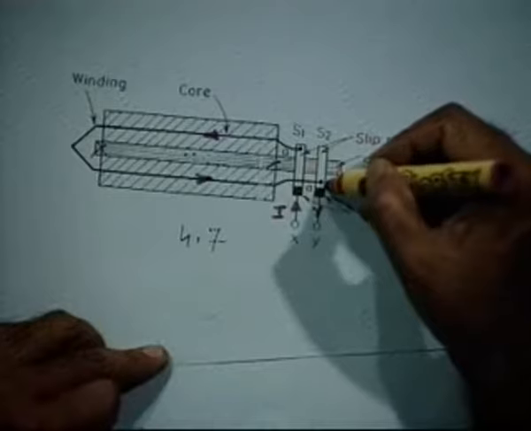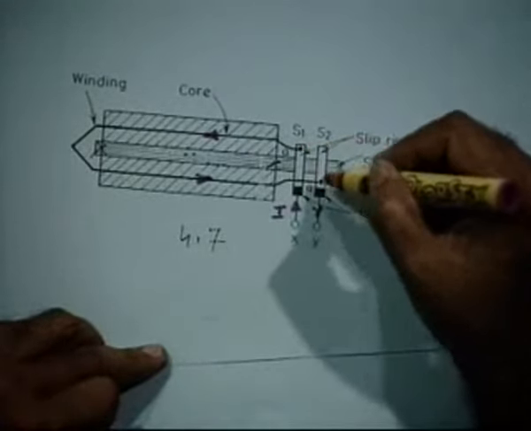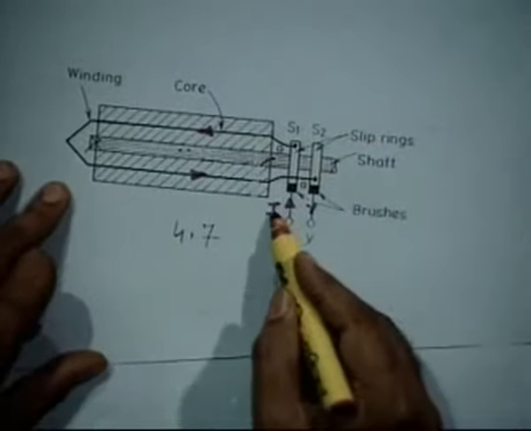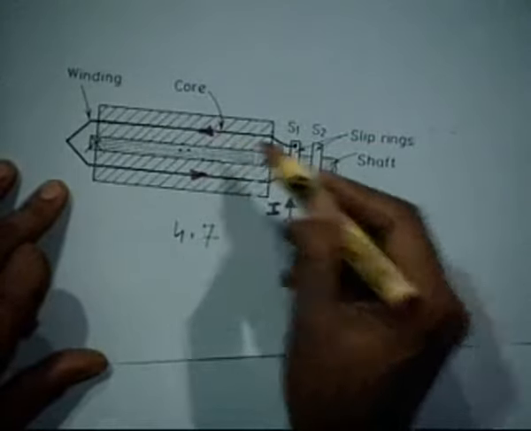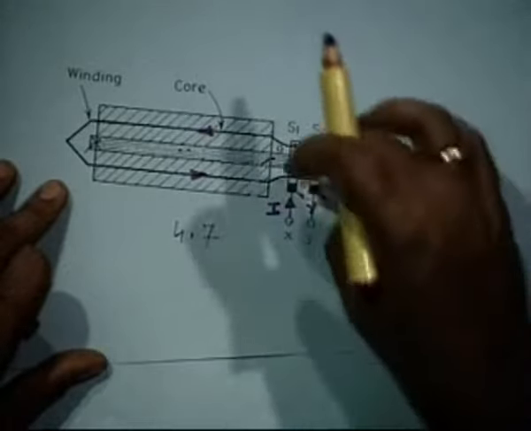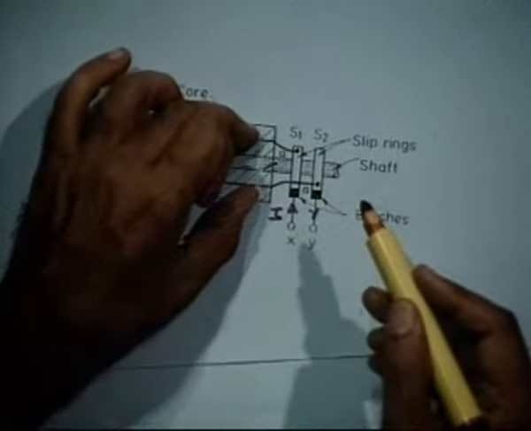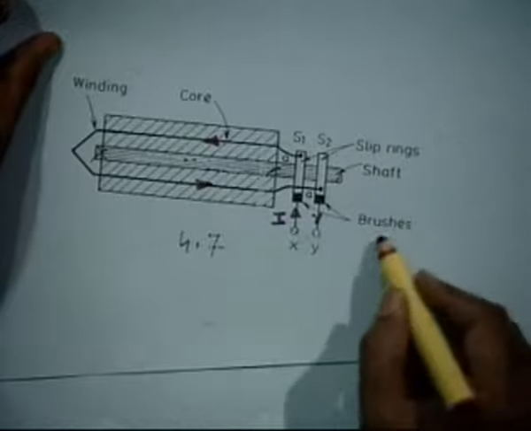So one coil side or one winding end terminal of a winding is connected to two slip rings. So you will see there is no change, whatever current flows here will be here. If it is DC it will be DC, if it is AC this will be AC, right? And whatever voltage you apply here, supposing you apply 100 volts here, that 100 volts will come across these slip rings and that 100 volts will be across the winding. Okay, no change. So these are the slip rings, this is the shaft and these are the brushes. On the other hand, let us look at the commutator.